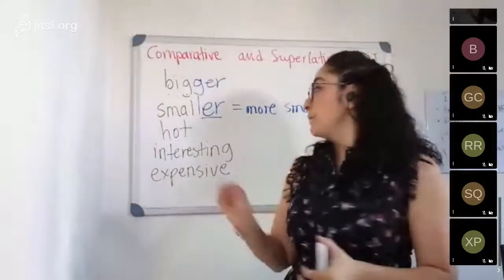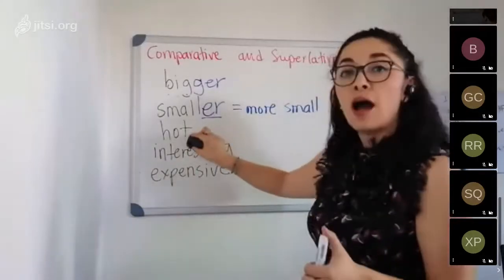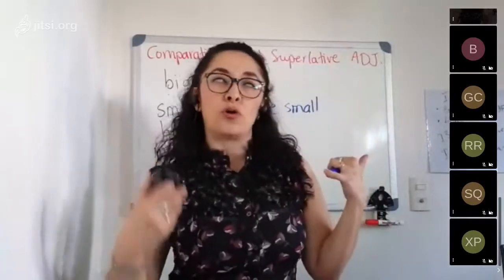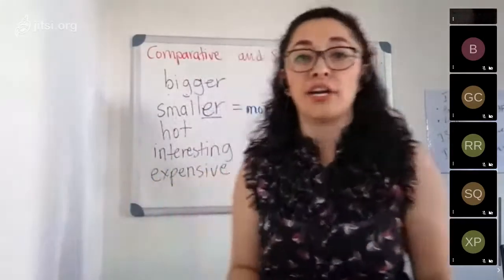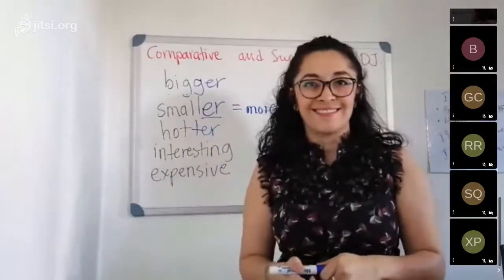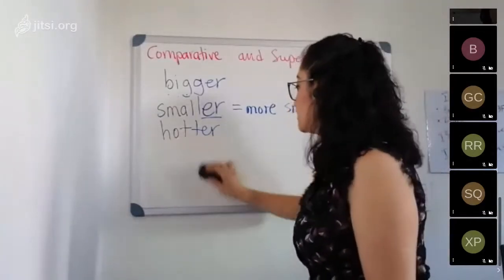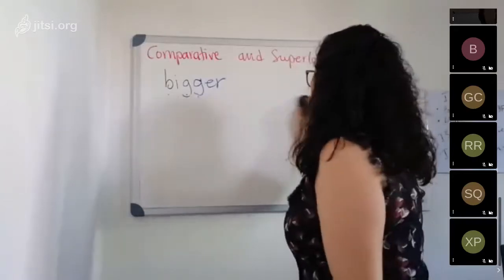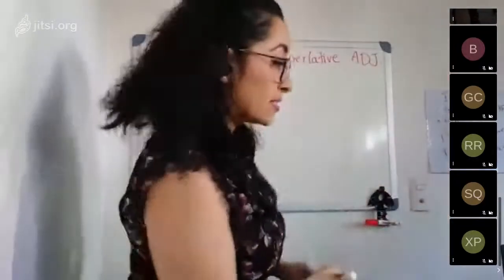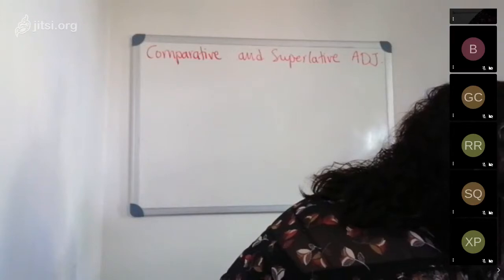And that is going to happen with this kind of adjectives. Hot. I think yesterday was hotter. Yesterday was hotter than today. Hotter, right? What is the sentence? We're going to work on this later. The sentence, a complete structure with a comparative form is